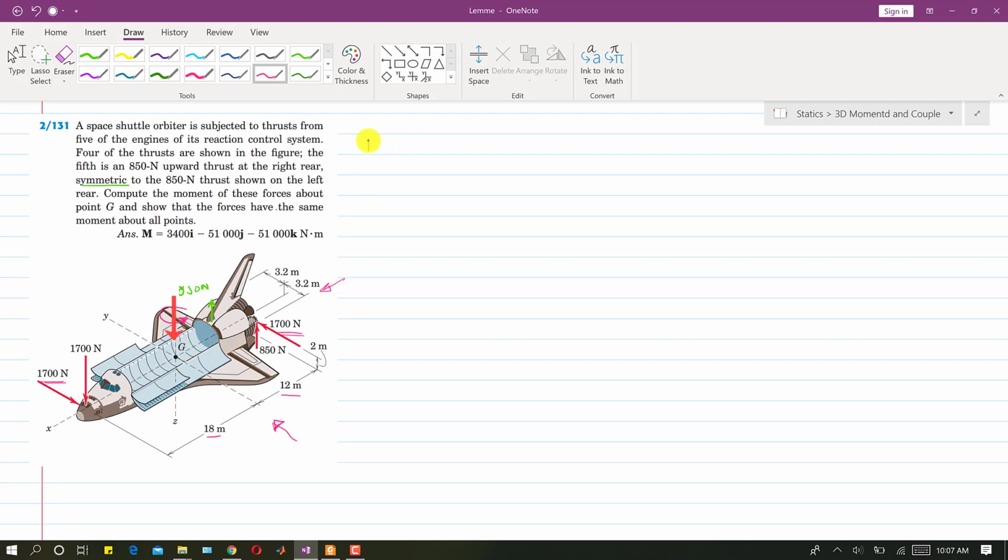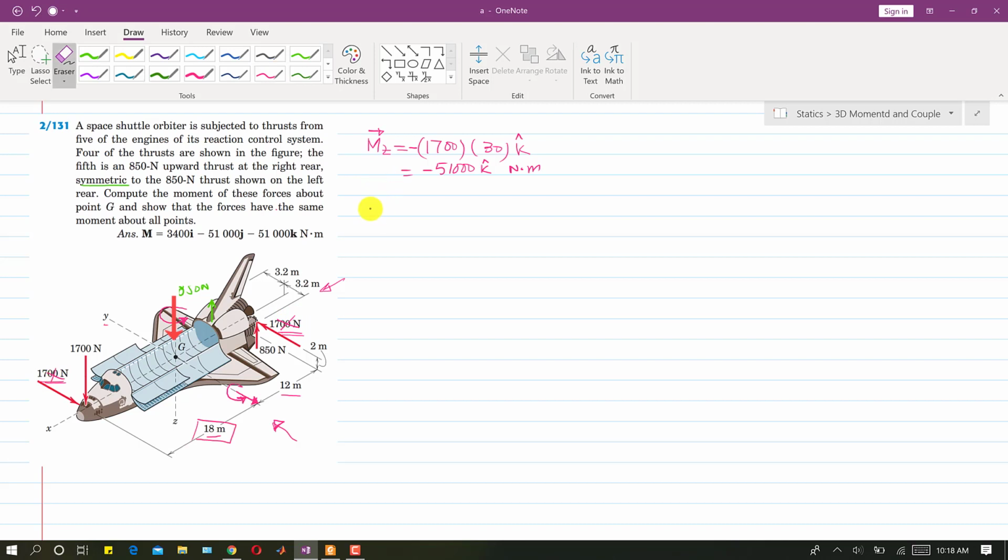Let's suppose I write that the moment about z will be equal to 1700 into 30 meters, so 18 plus 12, right? So this is 30 meters. The magnitude comes out to be 51,000, and as we see that our thumb is directing in the negative z, we will write minus k with it if we want to represent this Mz as a moment vector. So this will be minus 51,000 k, and this will be in Newton meters, right? So we have found the couple for these 1700 Newton forces.